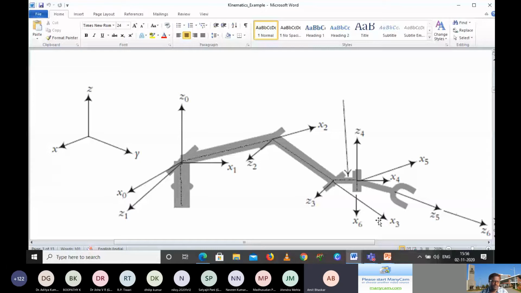Hope I am not boring you. The people from the department, hope you will get it much better. I think so. If I am making any mistake, please correct me. So the professors in other departments, even from the design point of view in robotics, you can ask your students to do these kinds of analysis.